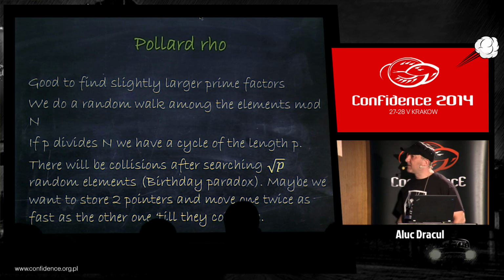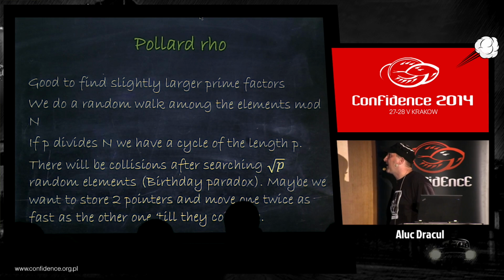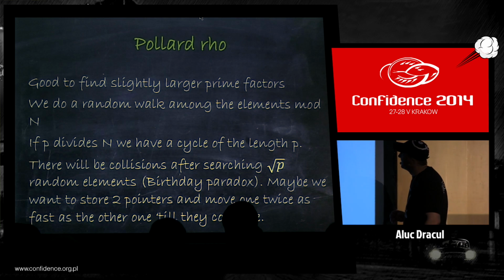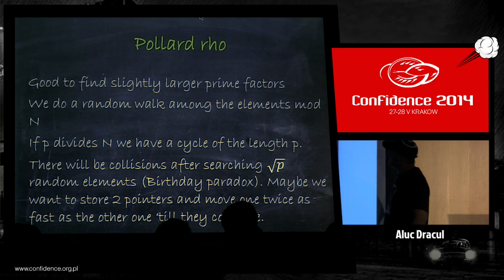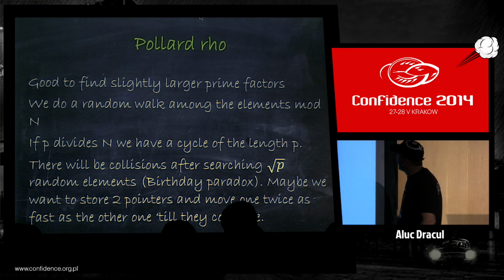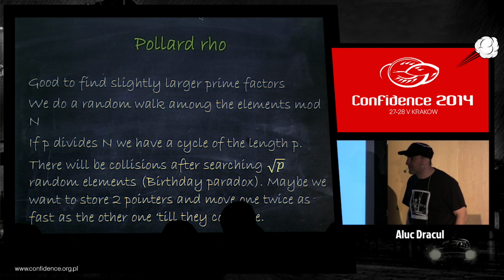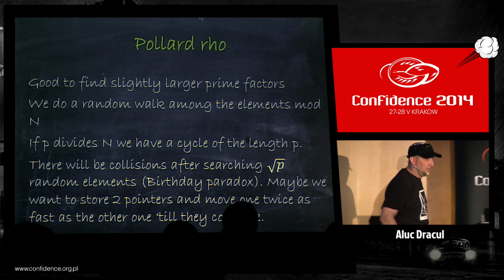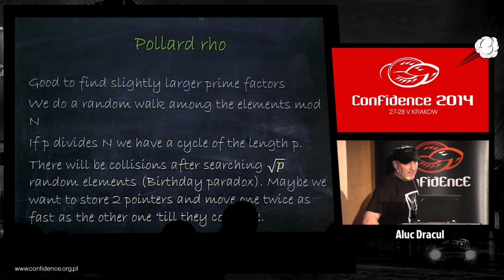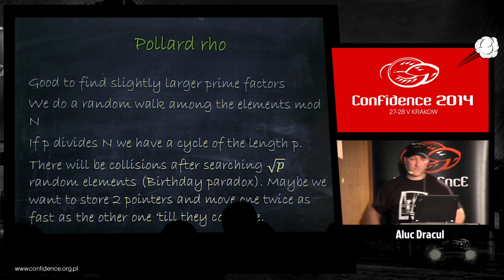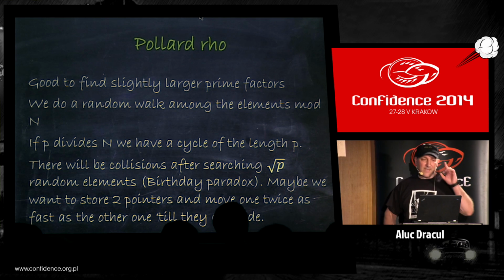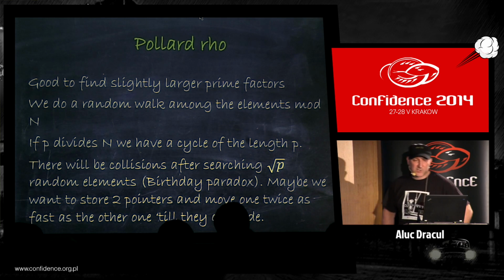Pollard rho is a little bit better for finding slightly larger prime factors. So we do a random walk among the elements mod n. For this walk there will be a little graphic. And if p divides n, we have a cycle of length p. And there can be collisions after searching about square root of p